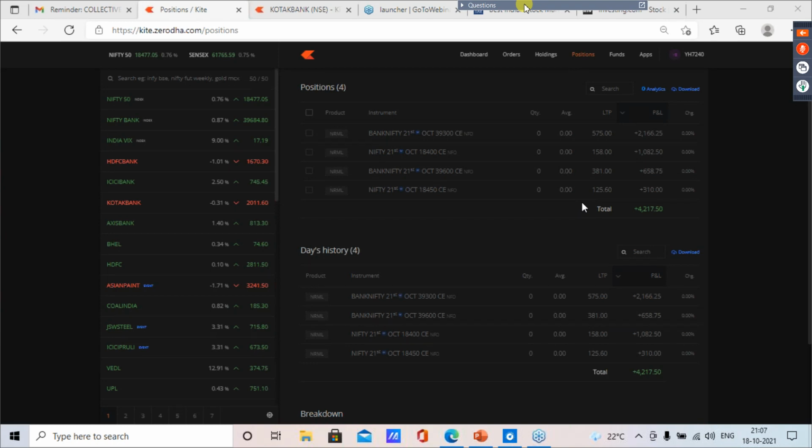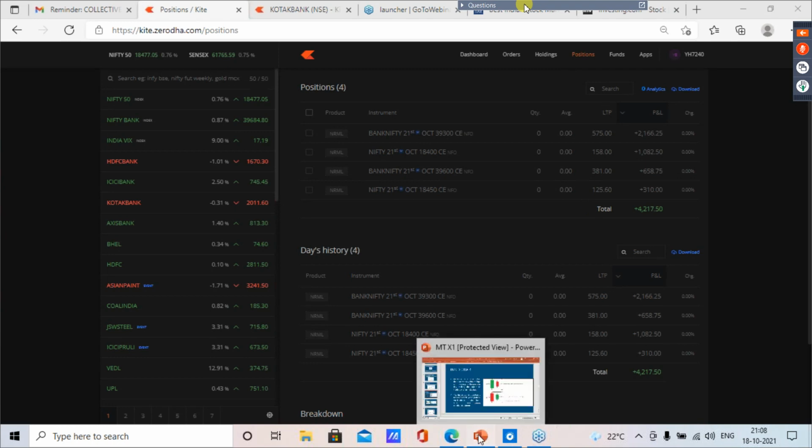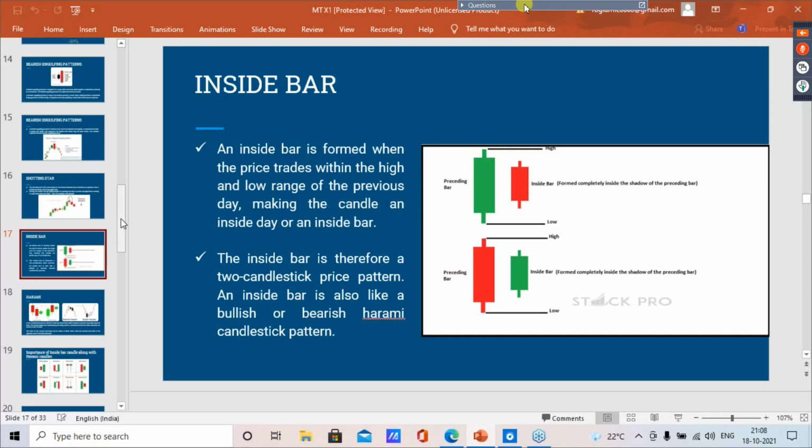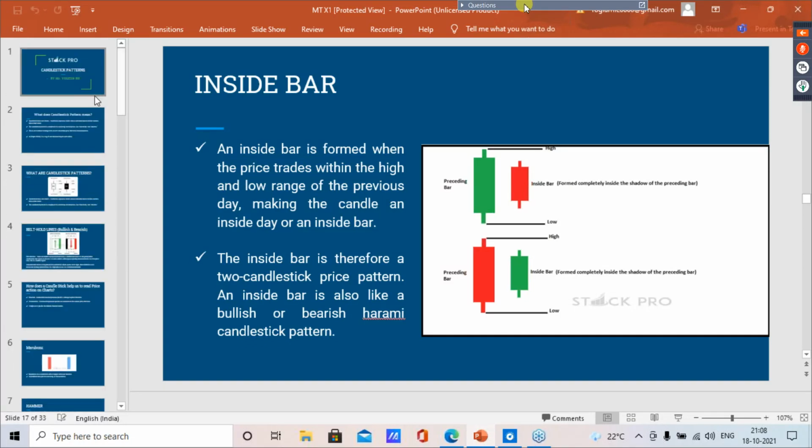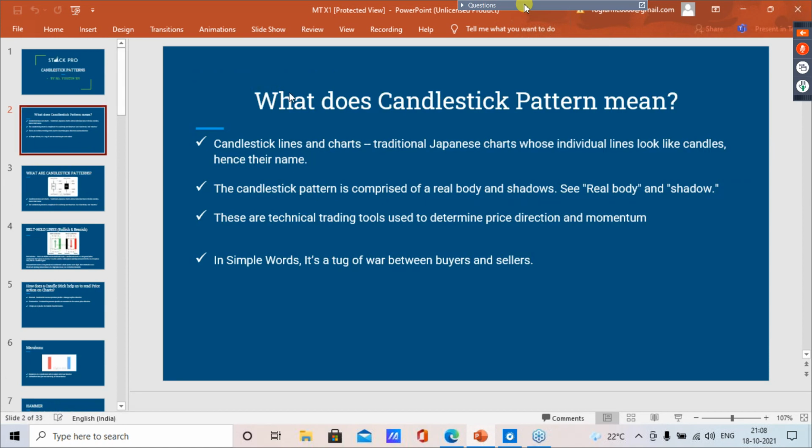So what we'll do, we'll just revise Candlestick. Thank you, Ankita ji. So we shall revise Candlestick patterns from first, so that it will be a good revision for you guys because it's been a huge gap. So I'll start quick revision with the candlestick pattern so that you guys need it. I'll just wait for a few more minutes for others to join.